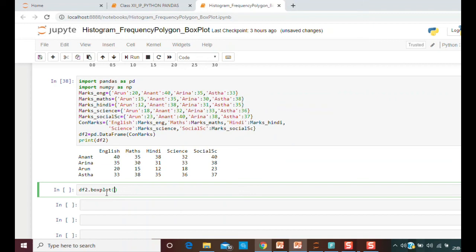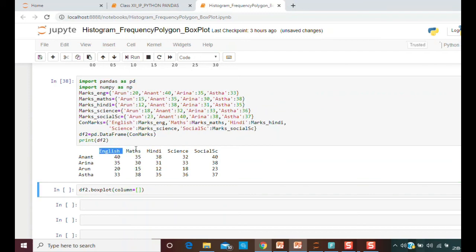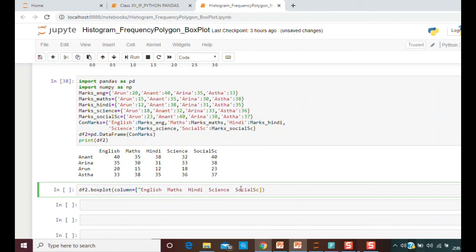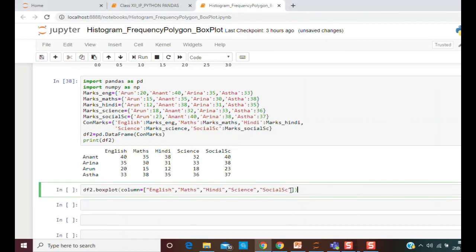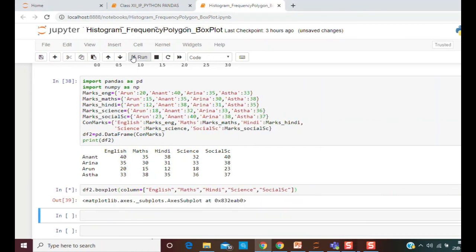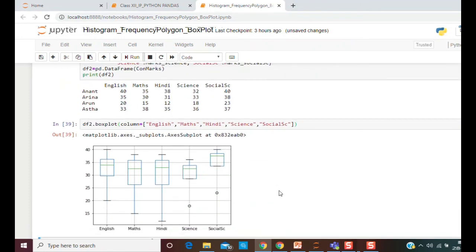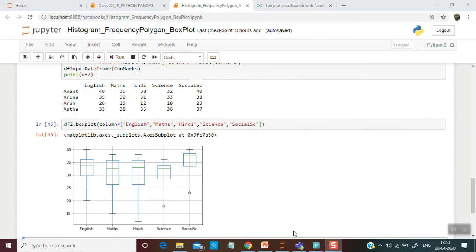I want to know the mean and all the 5 range values for all the subjects, so I will mention column equal to, in a list, all the columns. We'll write all the names of the columns and then plot. Now you can see this is for English, this box plot; this one is for maths, this one is for Hindi, this is for science, and this is for social science.